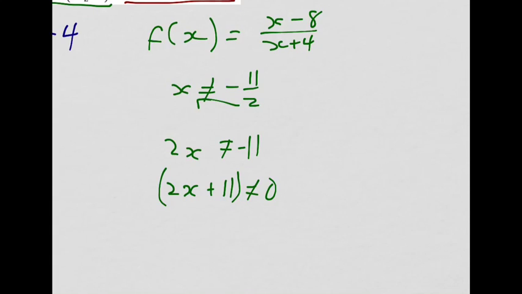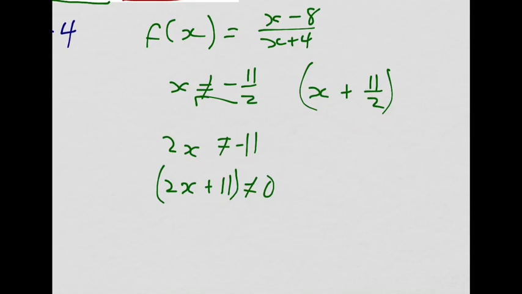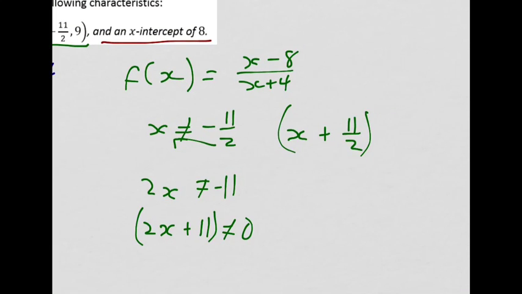You could, let me put it this way. You could also put x plus 11 over 2. That's how I thought of it. You could put that. You want to do that instead? Yeah? You understand why this means that x can't equal negative 11 over 2? Maybe I'll put it in the equation so you can see. So if I put that in the equation,